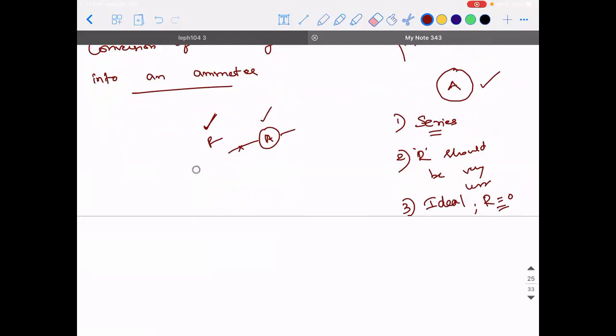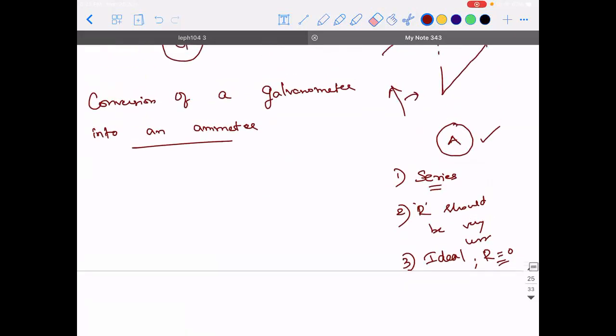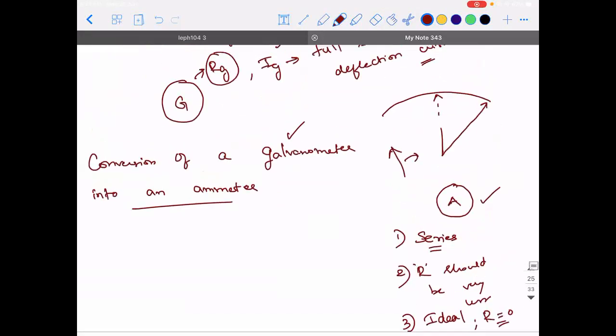Yes, sir. There is a reason why I'm asking all these questions. Because what is our job here? I've given you a task where I gave you a galvanometer. I told you to open that galvanometer using a screwdriver, look at the circuit, and do some modification in that circuit so that the galvanometer is now going to become an ammeter. If that should happen, what am I supposed to do? I need to ensure that the resistance the galvanometer had should be decreased to a value which is almost equal to 0. Correct?